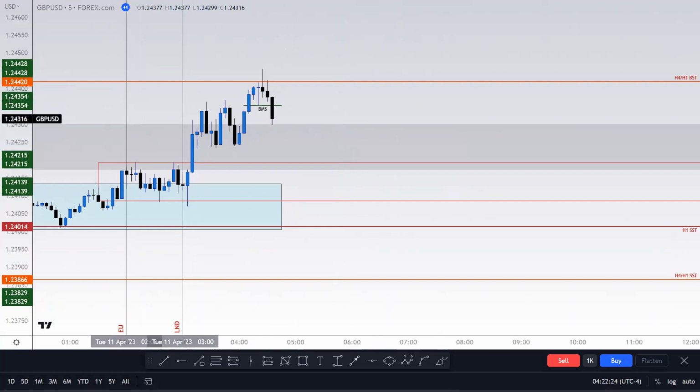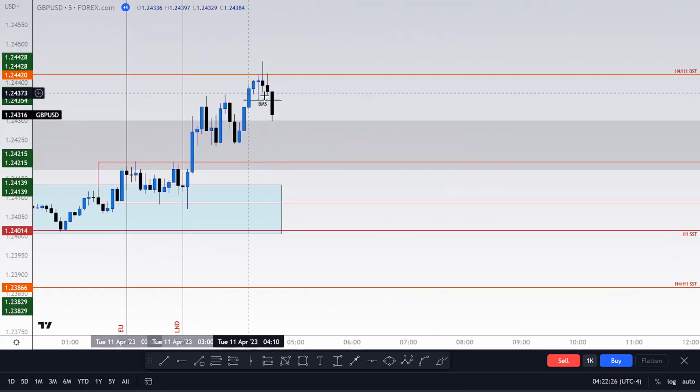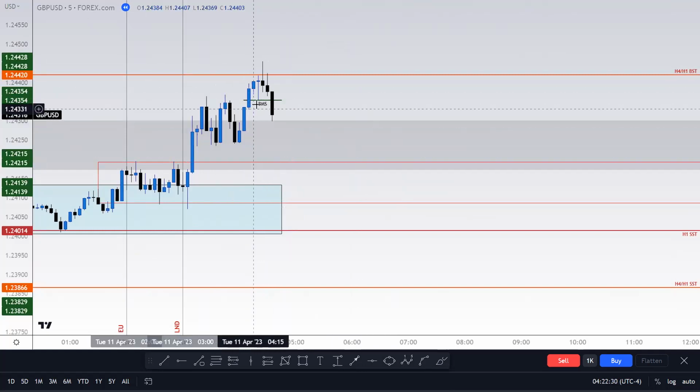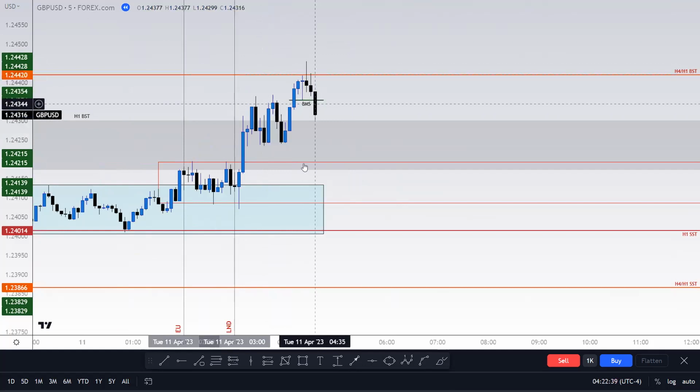So essentially what happened was price came down and it did give what seemed like a break of market structure. And I know I didn't trade pound dollar this day because I was focused more on US 30, as that gave more of a setup. But let's imagine you were intending to take this setup. So, a classic break of market structure. At this point, the setup should have been